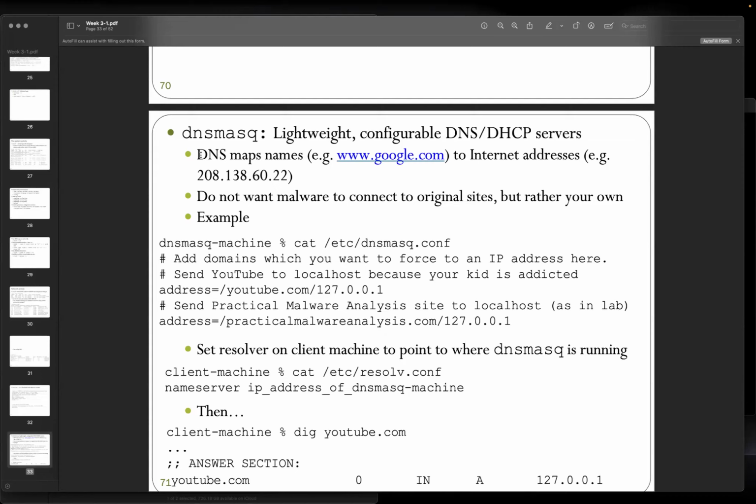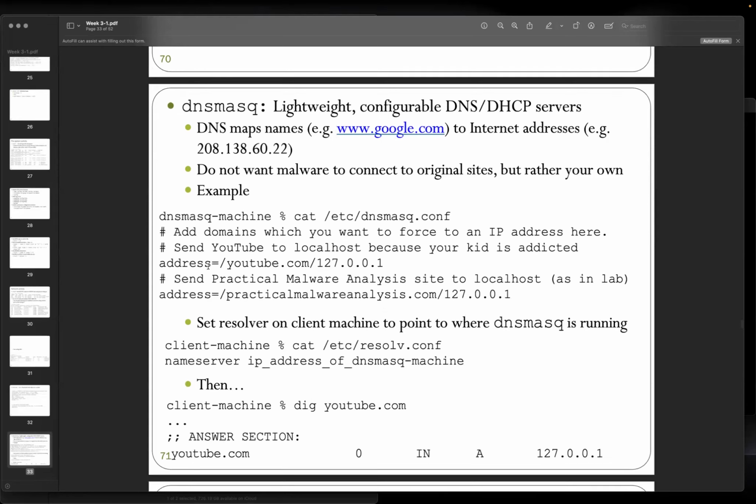And sometimes we can check the DNS, they will map the name. So let's say Google, and then change it to the IP address. Because we don't want the network to connect to the original site, but just have your own. So for some example, if we want to do the DNS masking, this one is running on the